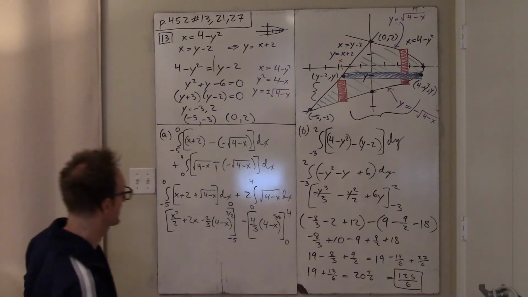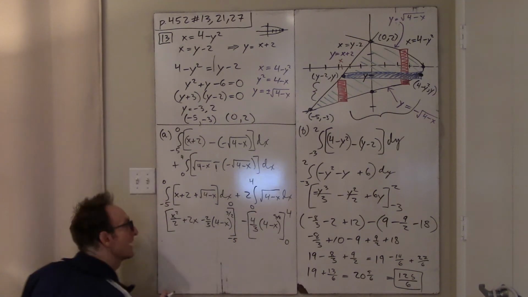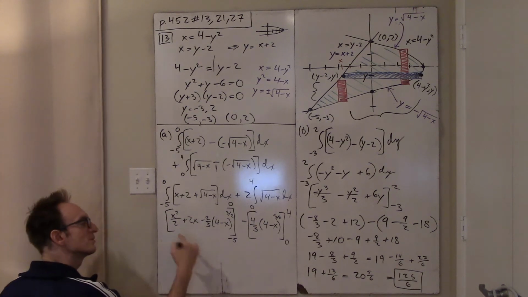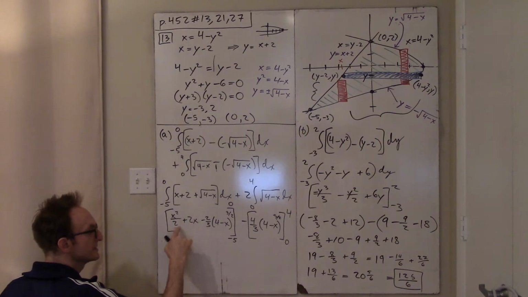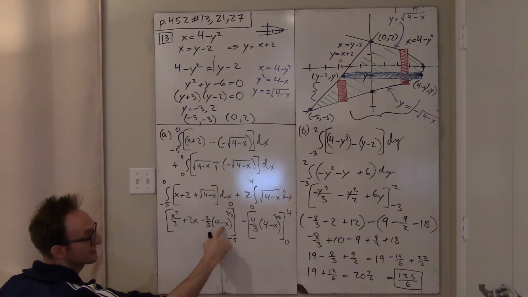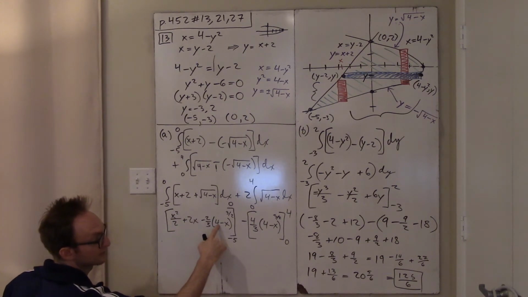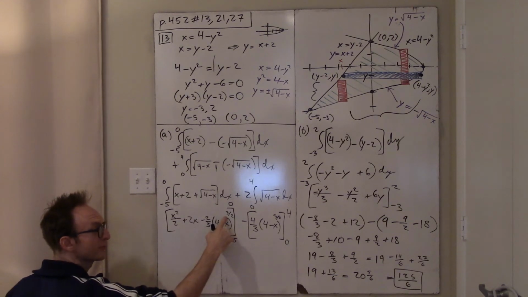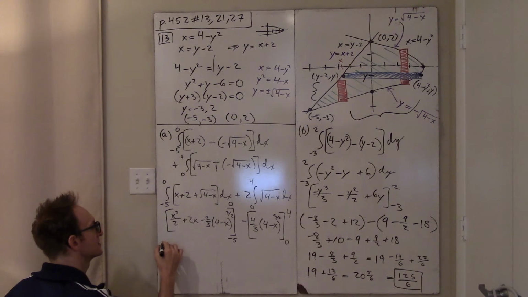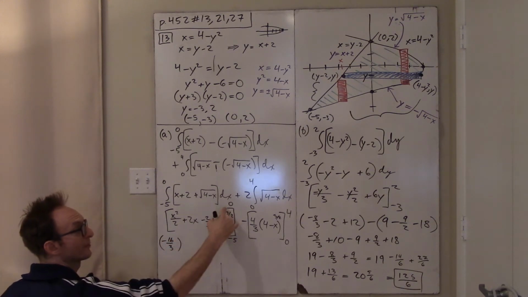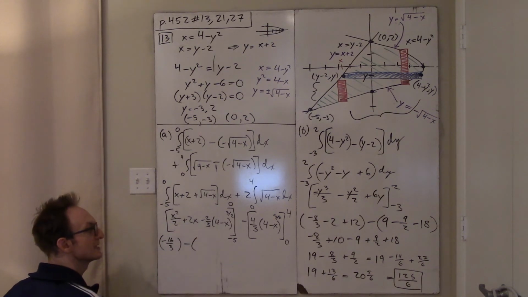Do I really want to do this? I mean, it's pretty clear that I don't want to do this, but I'm going to do it for you guys. So let's go. When you plug in a 0 here, you get 0, but this isn't quite 0. This is 4 minus 0 is 4. 4 to the 3/2 is 8. So I get negative 16/3. Okay, so that's negative 16/3 is what I get for when x is 0, minus